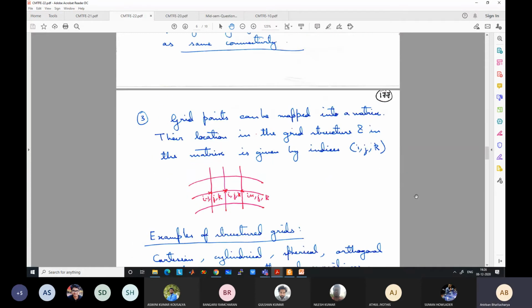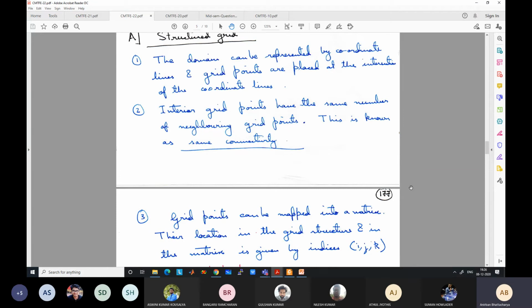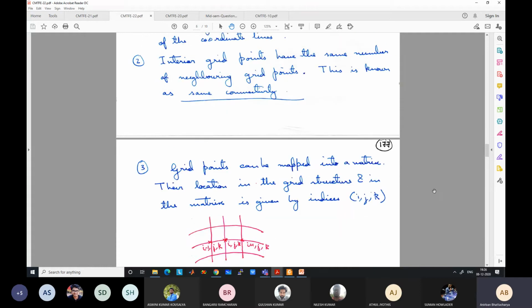And then it is clear what is the advantage. Forming the discretized equation is much simpler in this case, like we have done already. That's why we have studied it. Calculation of flux is very easy, because you have well-defined boundaries at equidistance from the grid points.